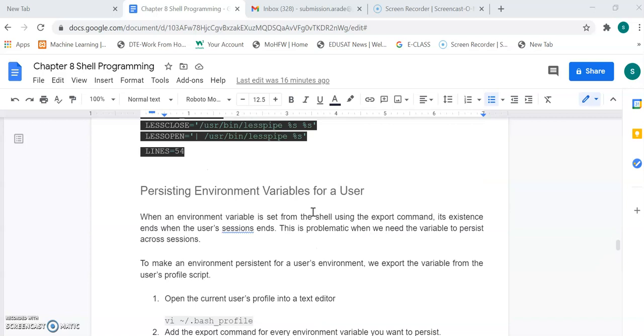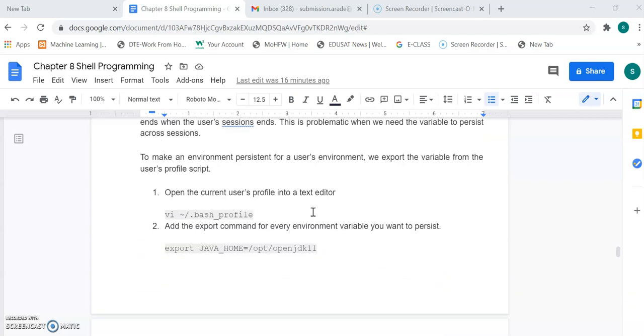Now, if I want to set an environment variable permanently, then open a text editor. We have learned two text editors, the vi editor and the Emacs editor. By default, the vi editor is present. So open the file through the command prompt as vi ~/.bash_profile.